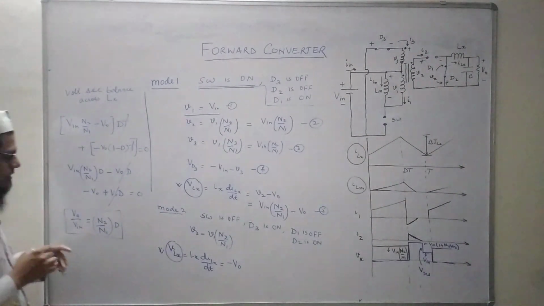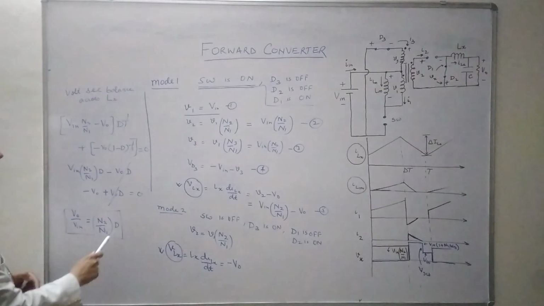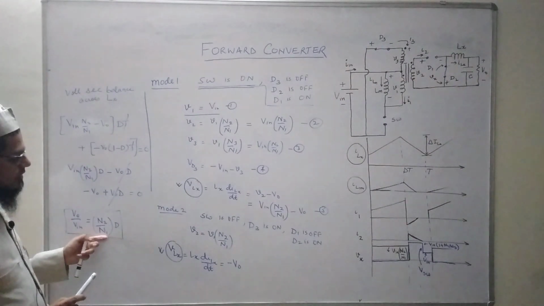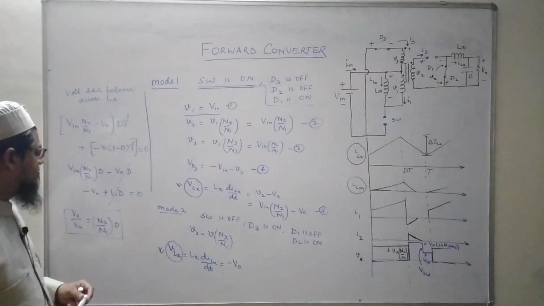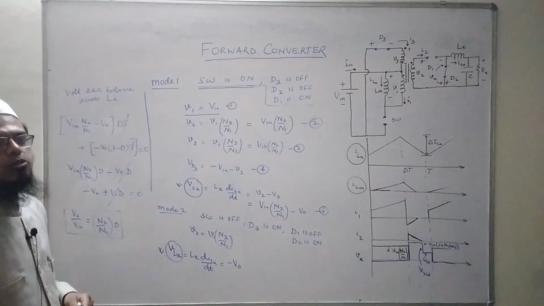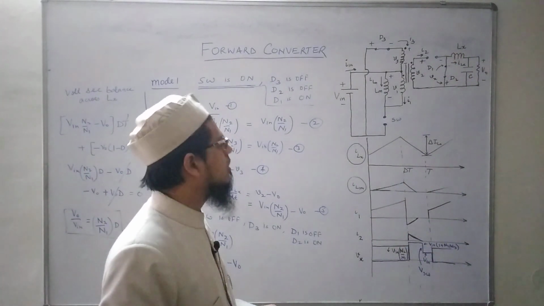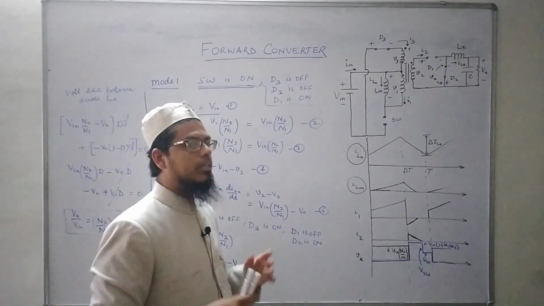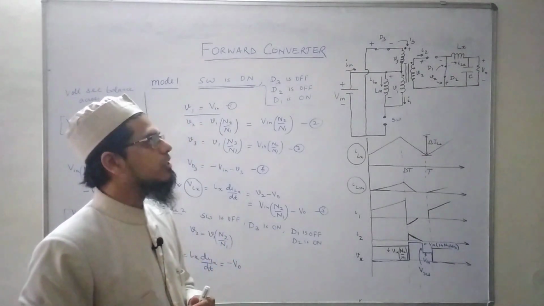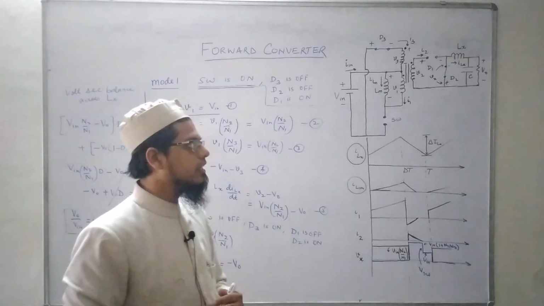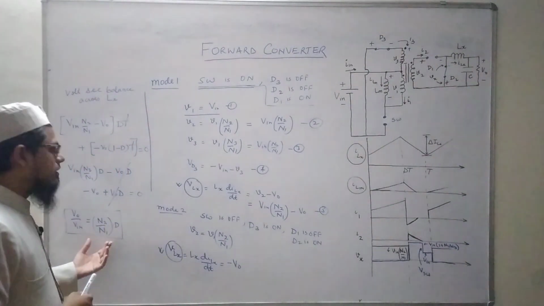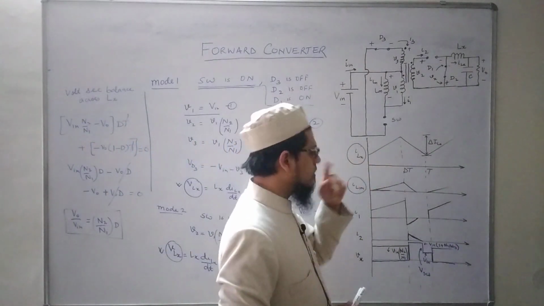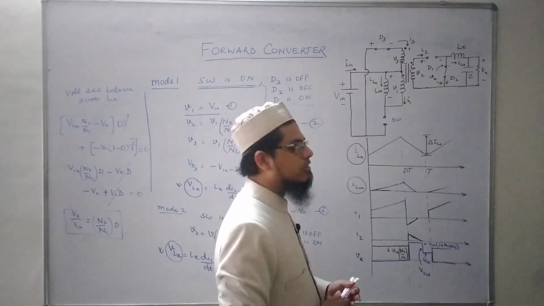So you could see here that basically a forward converter is a type of buck converter with an additional term of N2 by N1 present here. And normally N2 by N1 ratio is taken as 1. So we have got a buck converter operating in isolated mode. That means there is magnetic isolation between the input side as well as the output side. Is it fine? Let us now look into the various waveforms that we will get in case of a forward converter.